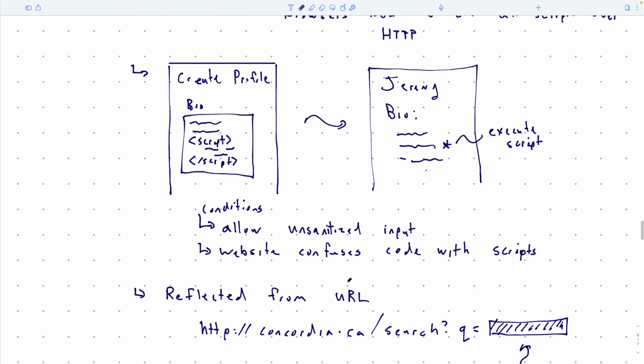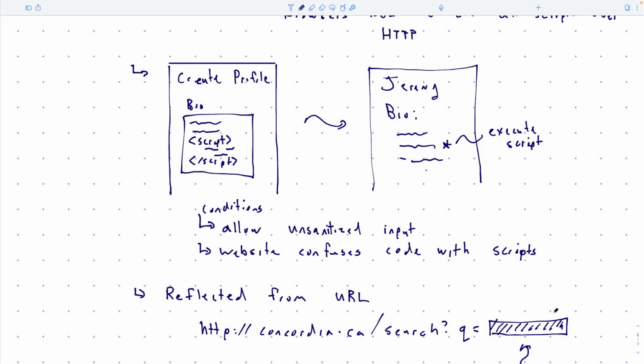Another one is called reflected cross-site scripting. This goes back to the example we gave before, where you have some search query like CF Montreal, so you search, and that's put in the URL itself. Remember, if I copy and paste that URL and send it to you, and you click on it, you're going to go to that exact same search result. So the question is, could we weaponize that somehow? Well, what if we put JavaScript up in the URL? Sounds kind of weird. Maybe we encode it in base64 or something like that. But what if we just put a bunch of JavaScript in this URL?